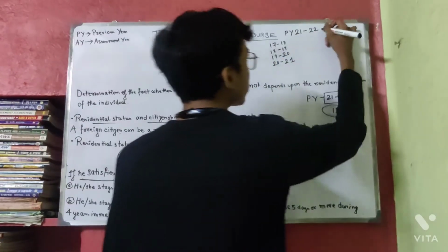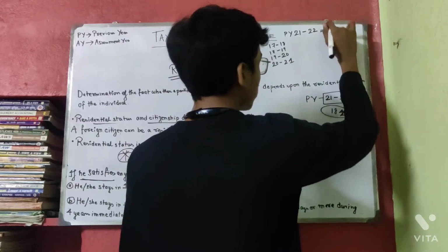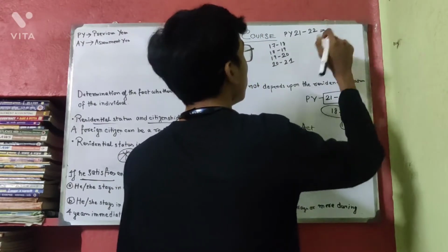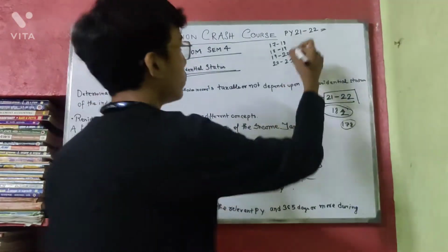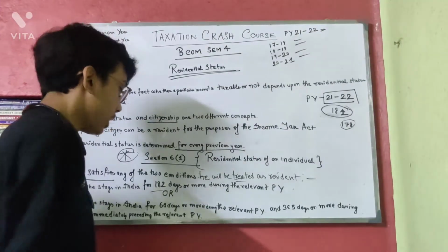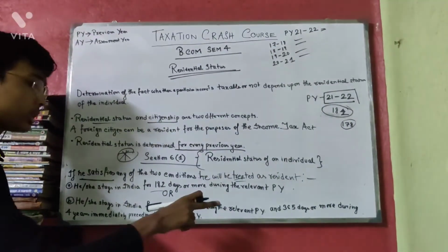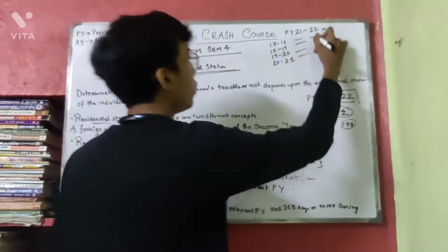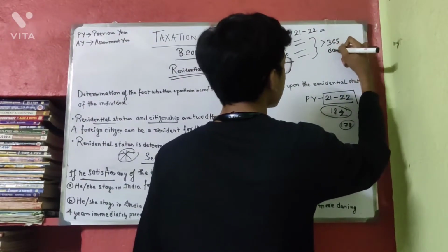So we have to check the days of stay in 17-18, 18-19, 19-20 and 20-21 respectively. If she stays in India for more than 365 days during these 4 years,